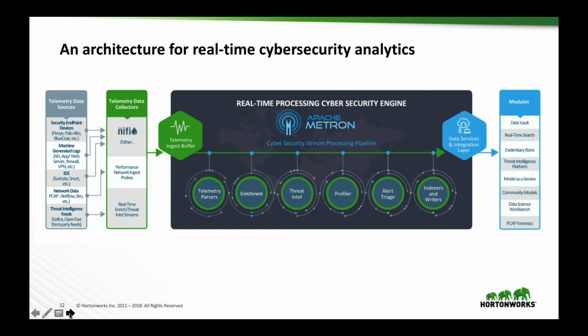So once the data is passed along from NiFi into Metron, it enters a streaming data pipeline. So this is all processing that is done on streaming data. This is not writing it to a database and then reading it back out in some type of write and query fashion. This is all built on streaming data technology. So it goes through this pipeline very, very quickly for real-time enrichment of large amounts of data. And I'll discuss how we do that, because some of the enrichments, especially if you're talking about ingesting data at upwards of 25 megabits per second,